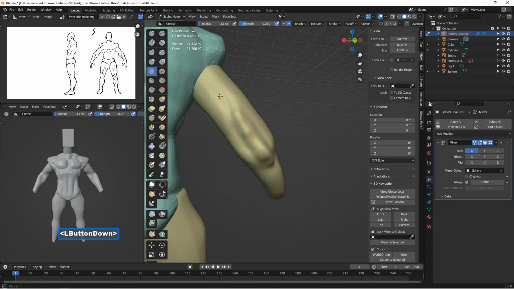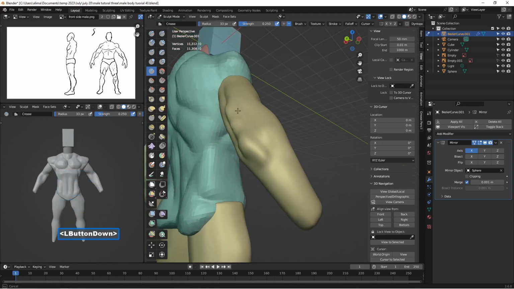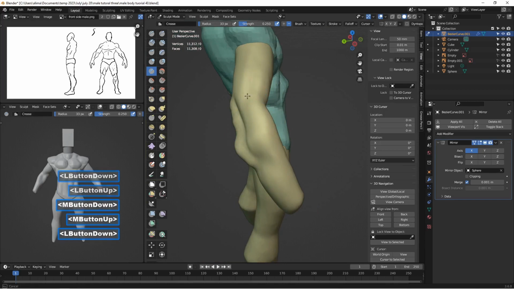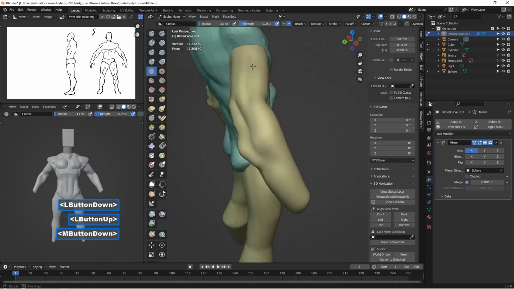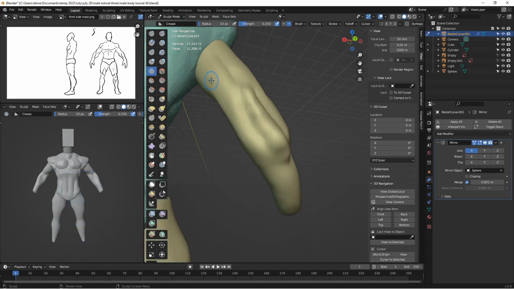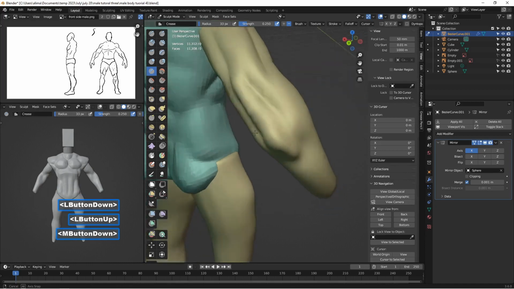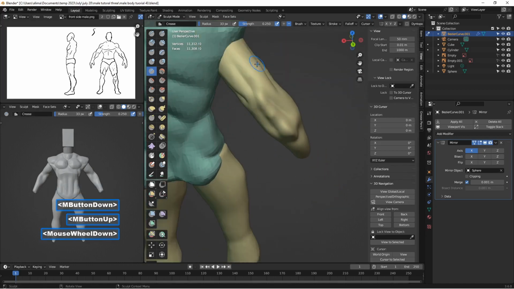Triceps come down like this. Depending on the size of muscle that you want for your character, you want to dig in more than add, if that makes sense. It's almost like you use the geometry that's already there to dig in to form your muscles rather than using clay strips to